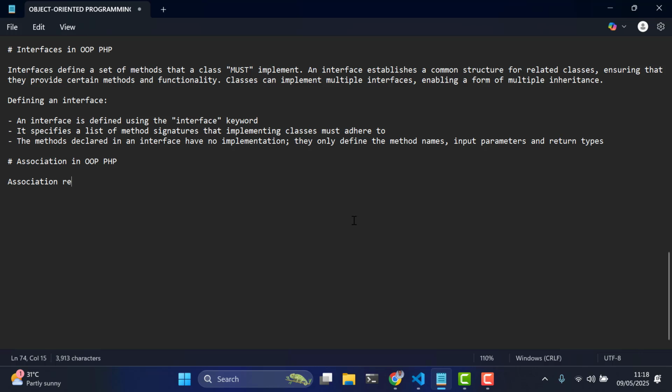Association represents a relationship between two or more classes where objects of